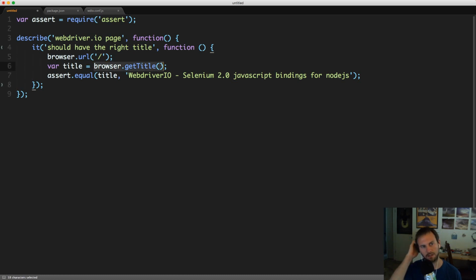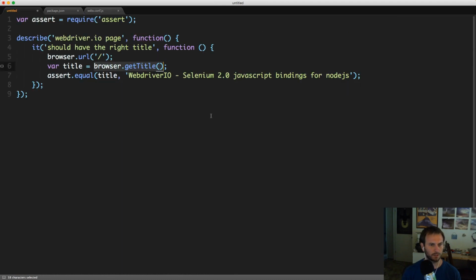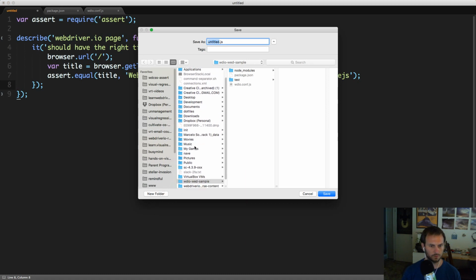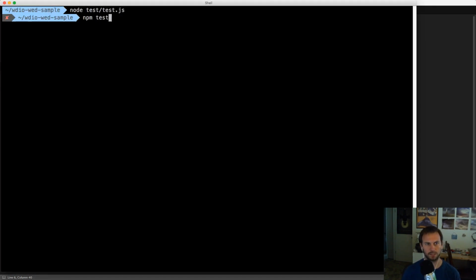So it's going to open up a Firefox window because that's what we defined it to do. We said use Firefox. And it's going to load our base URL, it's going to get the title, and then it's going to do an assertion that the title matches. So I'll save this to, where is it? You can see all of my wonderful things to test, and homepage. Okay, now I've got this homepage and I'm going to just run npm test